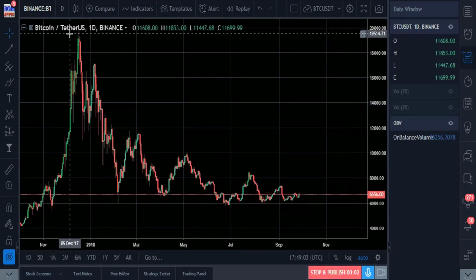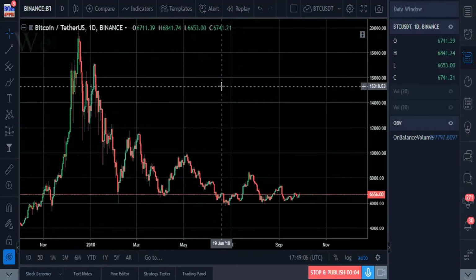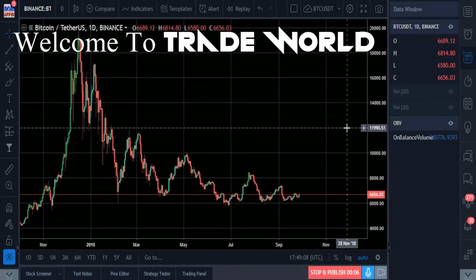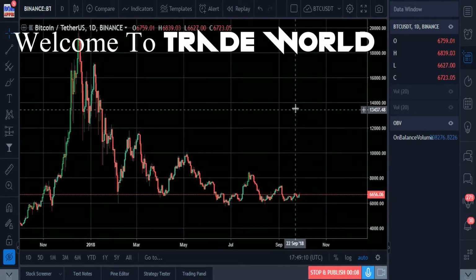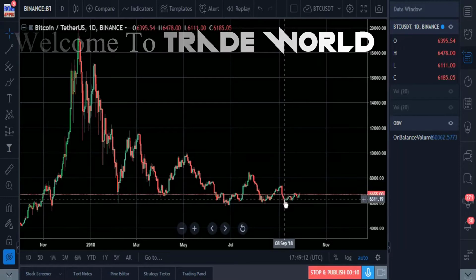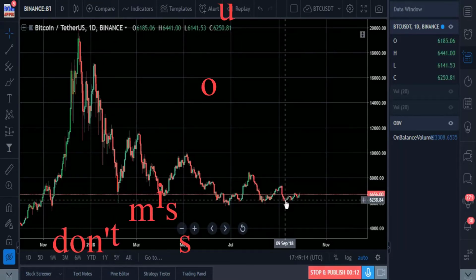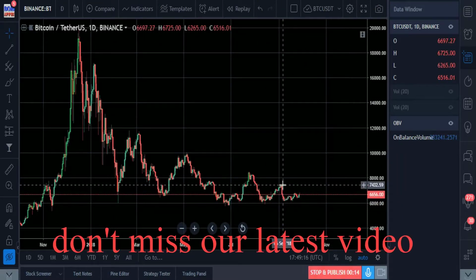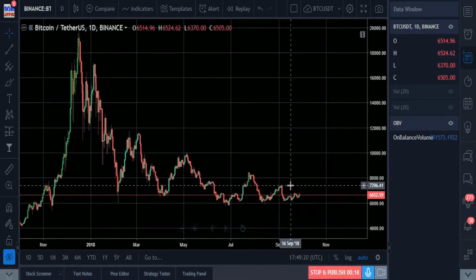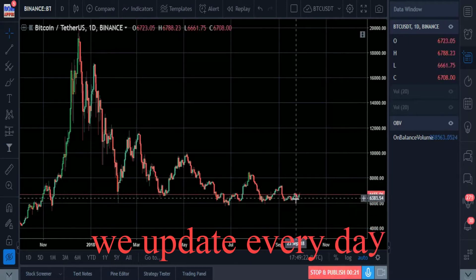Okay, BTC USDT on Binance. Well, what an interesting past few weeks we've had. Last time we made a post was right here before this big drop off, which was to be expected, but as we said, came much sooner. I thought that they would be happening somewhere around where we are right now.